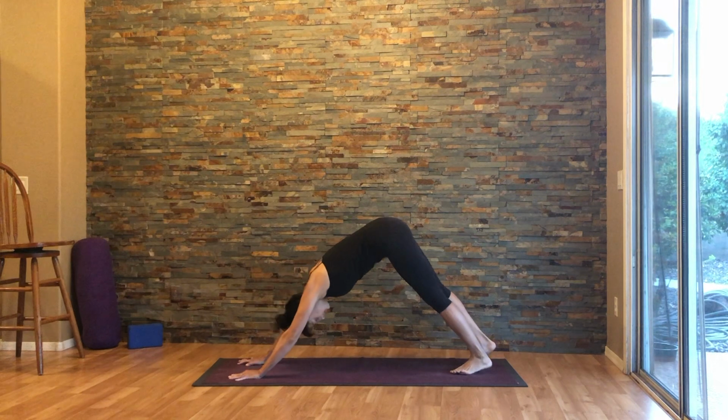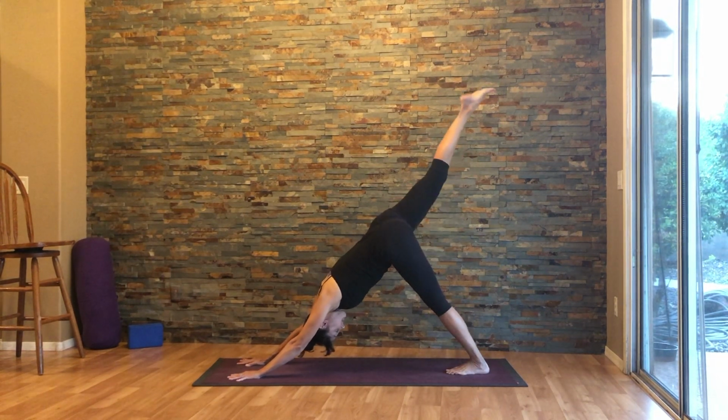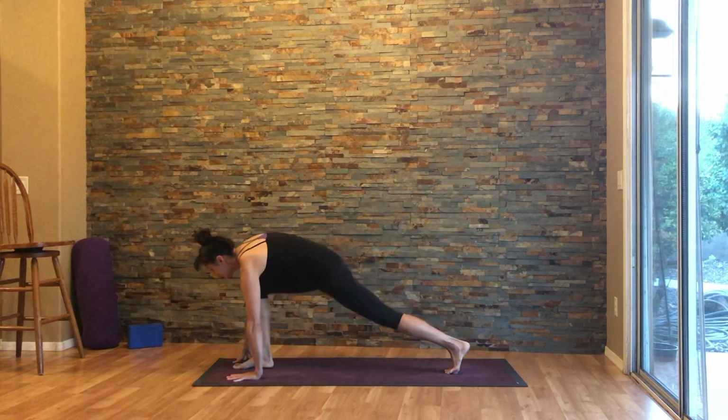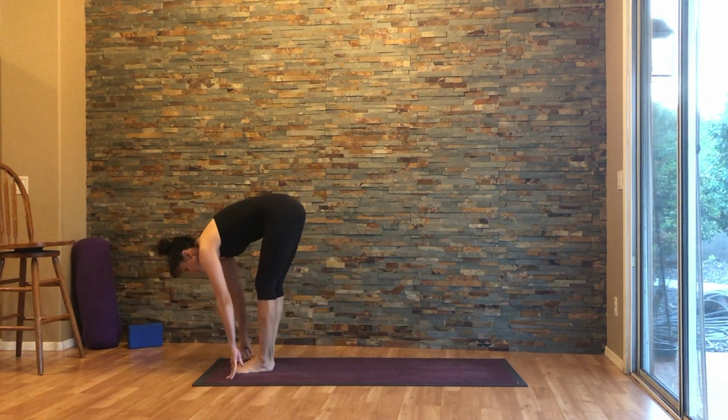Inhale. Exhale back to down dog. Just hold here for a few more breaths. Then we'll inhale the right leg up, step between the hands, inhale into your lunge, and then bring the left